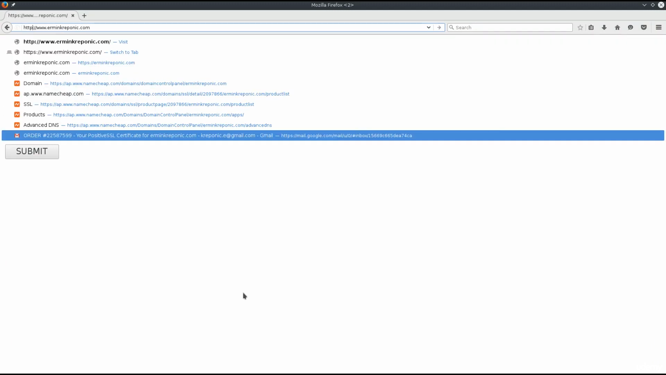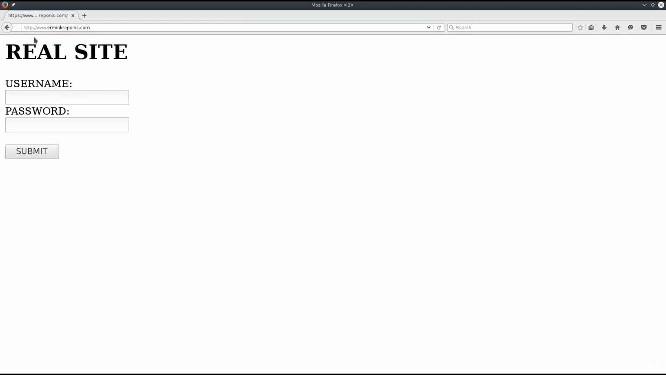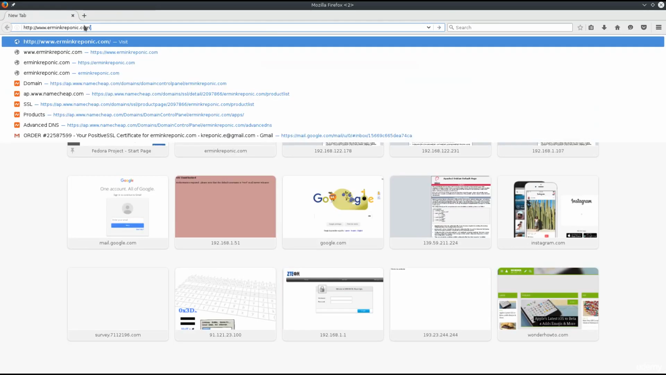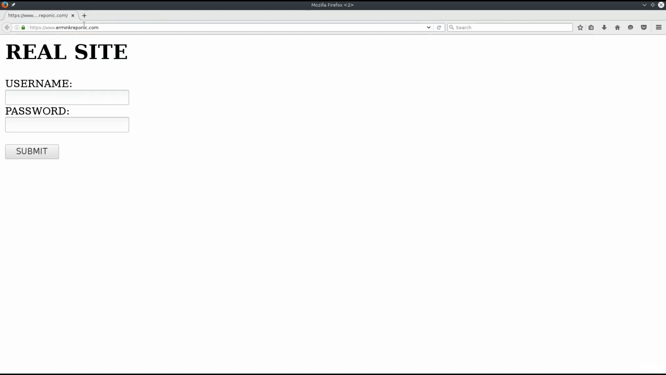So here, just to prove it, I'm going to remove the S and deliberately request an unencrypted version of the site from a real connection without any proxies or anything in between. I'm just going to request a HTTP version of the site. Let me paste this in here and press enter. And you see, it's not going to allow me at all. I'm not going to be able to visit the